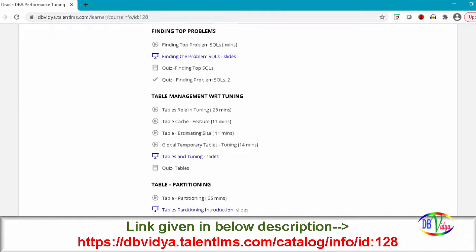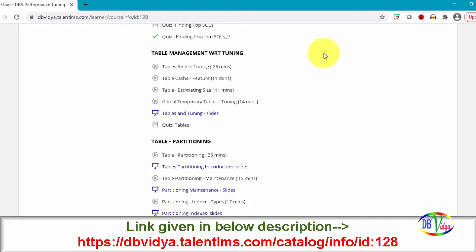Next section is table management with respect to tuning. Many people think SQL tuning or performance tuning means the problem will only be with the SQL, but that is not always true. There are so many factors we'll be discussing as part of this performance tuning. One such topic is tables.